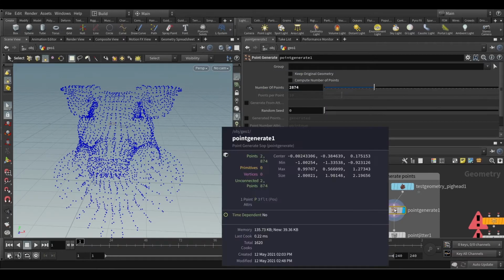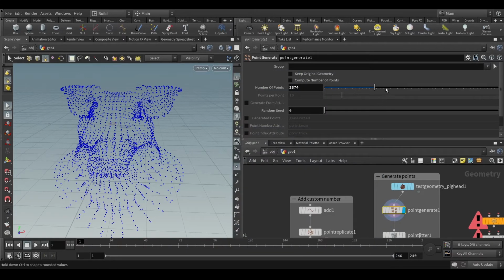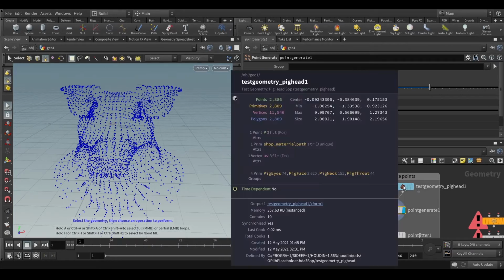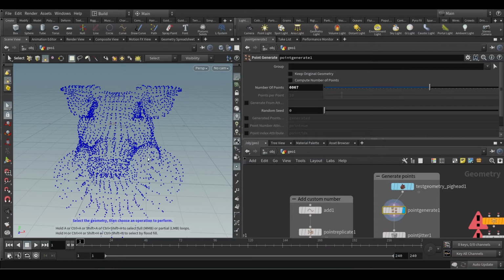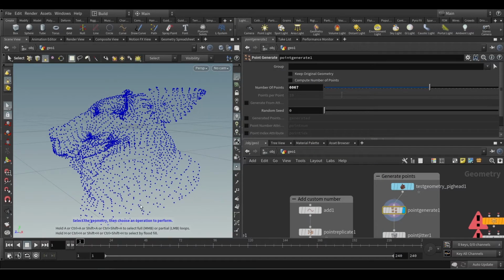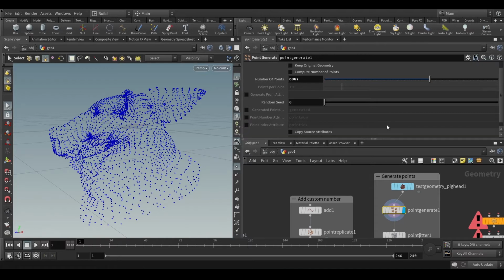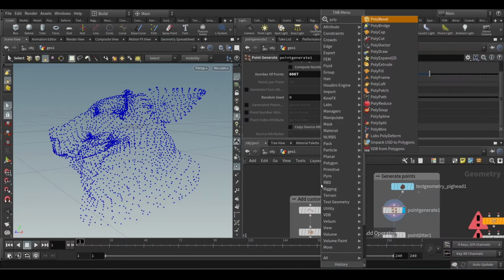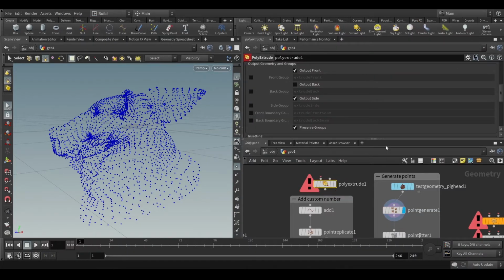So here you can see 2874, but as you increase it, it's going to generate on the point. It's like point itself. So you have 6000, 2000, but why can't you see it? Because it is generating inside the point. And of course, just like in the poly extrude, if you watch my previous video, intro to SOP, you must be familiar with these groups and